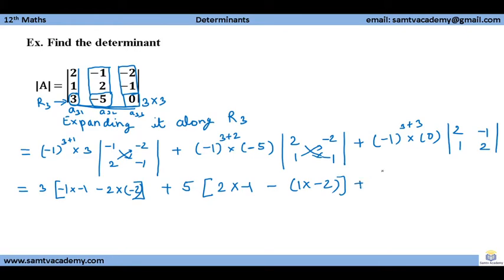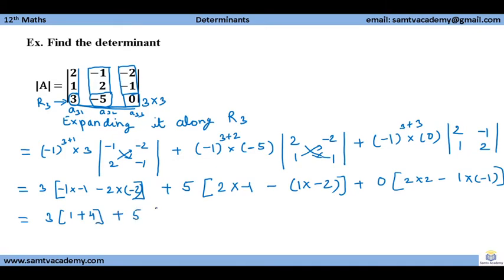For this also we will see 3 plus 3 is an even value, 6. So it will make no sign change. So 0, and the remaining will be 2 into 2 minus 1 into -1. Now we will solve this. This will be 3 into 1 into 1, 1. So 2 2 are 4, and -4 will make it +4. So this will come like this, +4.